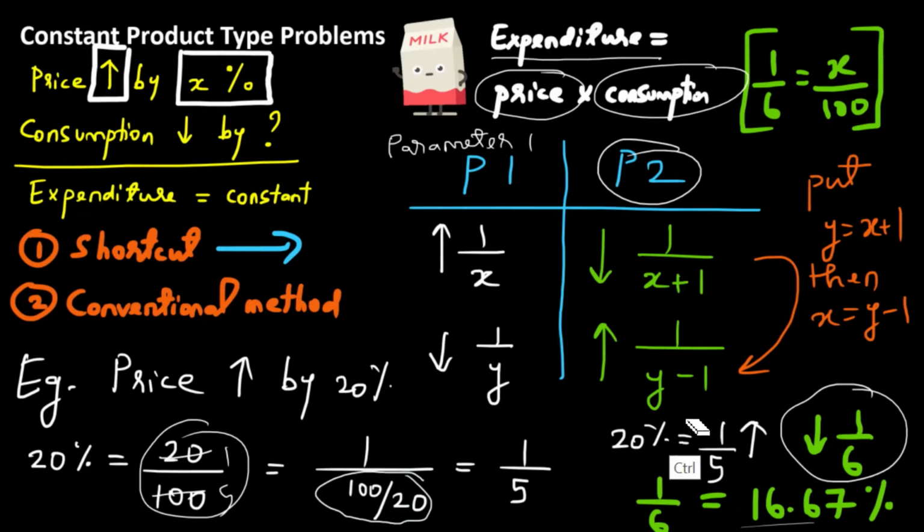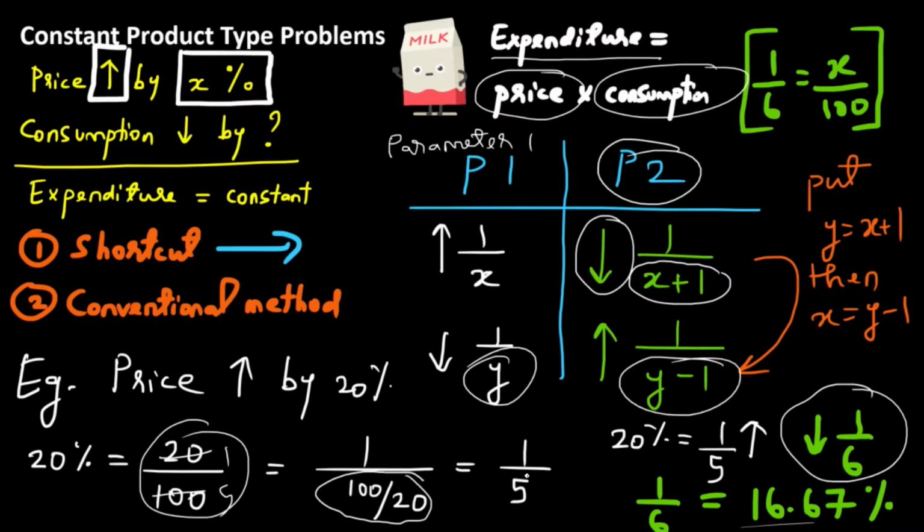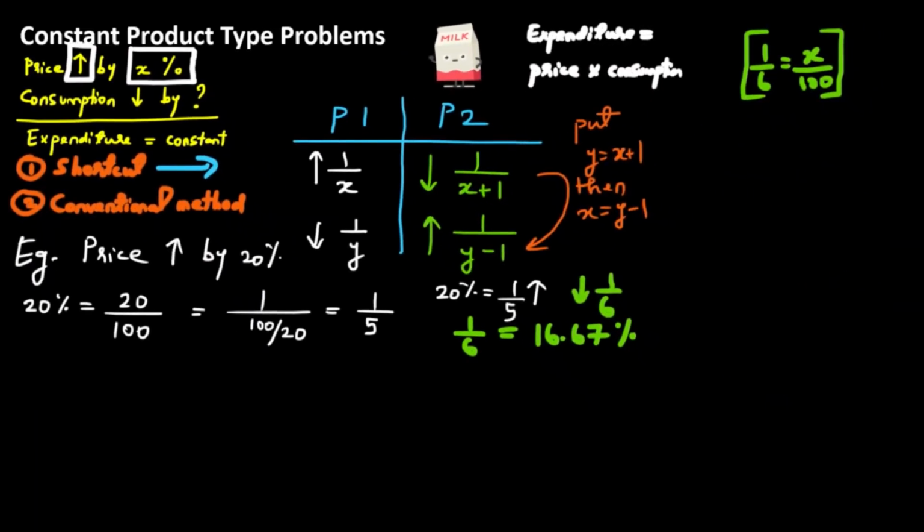And one more interesting thing to remember is, wherever is the decrease, it has the higher denominator. So over here, the increase is 1 by x and the decrease is 1 by x plus 1. Over here also, the decrease is 1 by y, the increase is 1 by y minus 1. So you can see that the decrease part is the greater value, right? In both the cases, you just need to remember one of them, and accordingly you can apply it in problems. We'll see it in examples. All right. Now let's keep this aside, and let's also take this case soon.